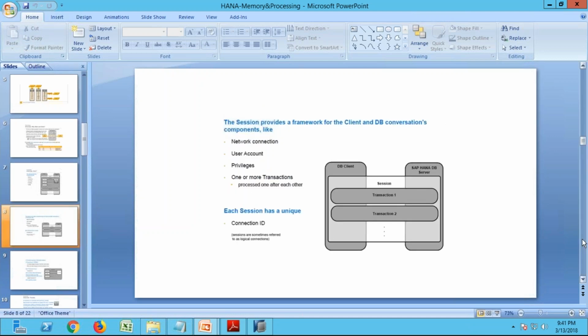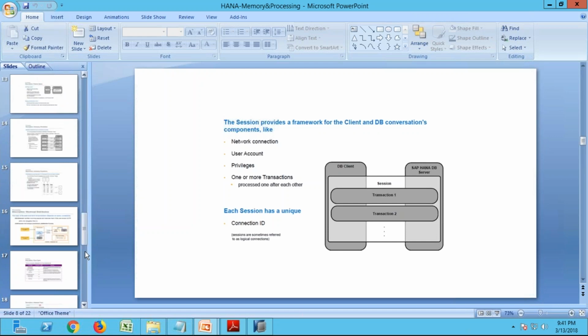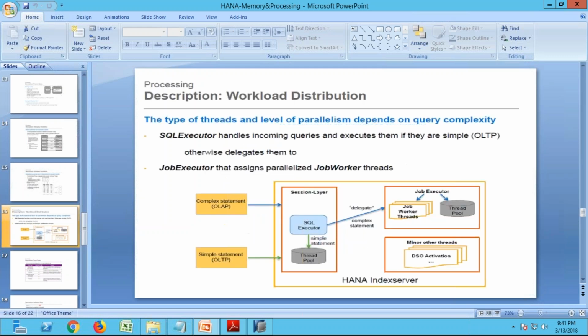All these things you can see. The session has that ID. You can find the complete details about how many sessions there are, how many are active, how many are idle, what transactions are taking place within the session, how the processing is happening. Everything you can find out. And we can even go to the extent of identifying which threads are processing your request. Like if you look at this diagram,